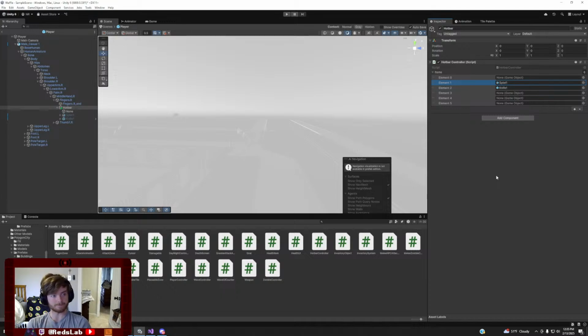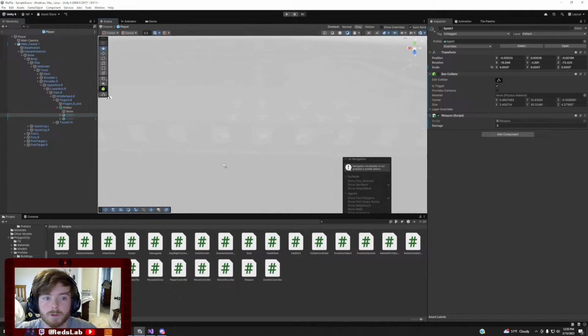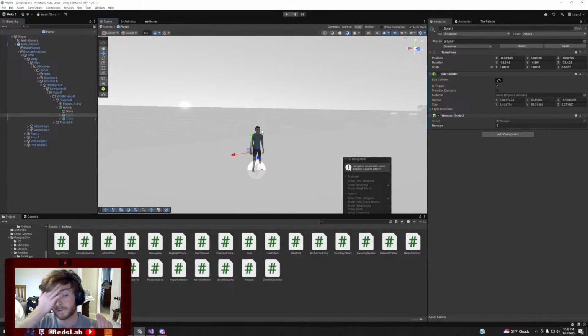Basically, these have to be rotated correctly when they're instantiated. So we should save the prefabs at their right rotations